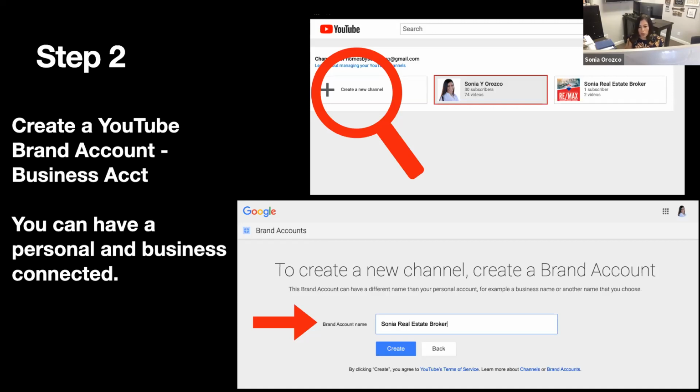What you basically do is log into YouTube using your Google account details, and then go to your YouTube channels page. At that point you're going to select create a new channel, which I show up here, selecting the circle showing create a new channel. Once you create a new channel, it's going to ask you to enter your brand name, which is there at the bottom. It says create a new channel, create a brand, and that's your brand account name. So that's going to be your new channel.